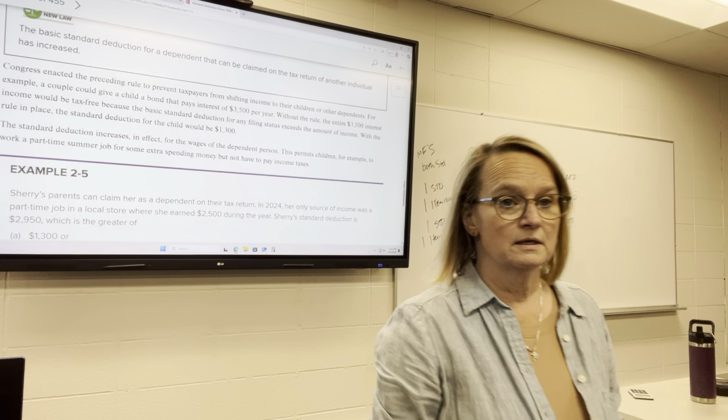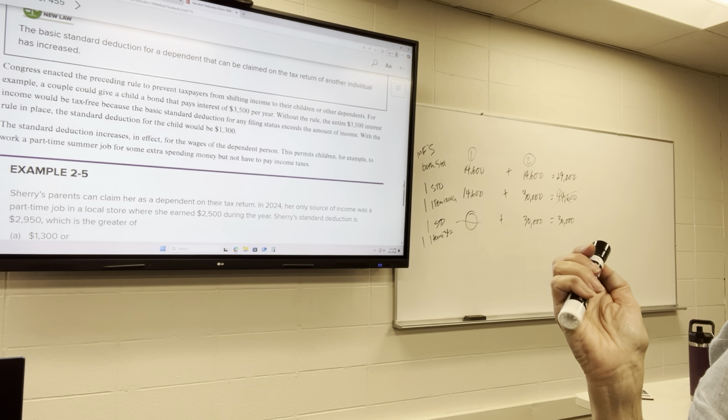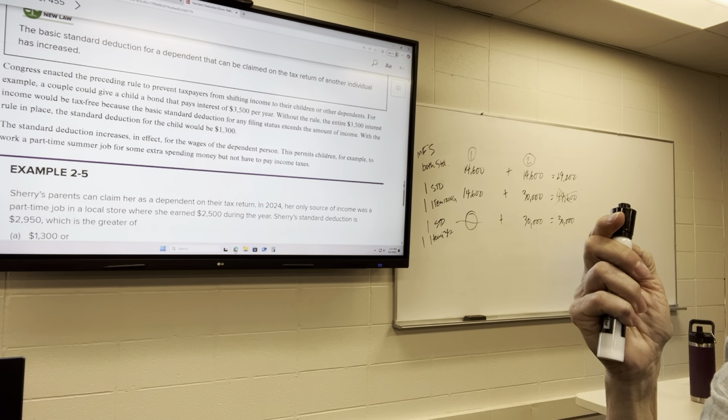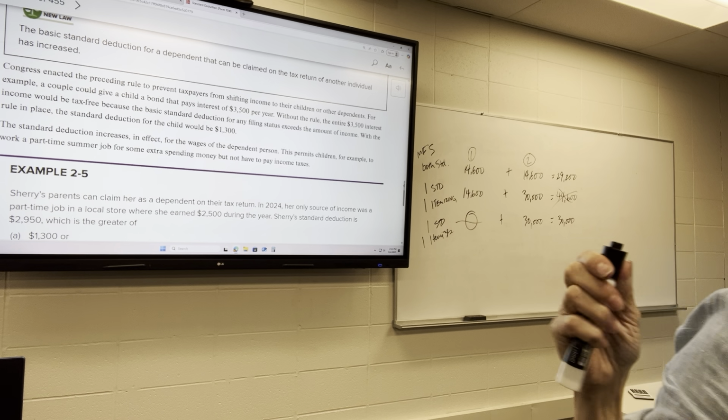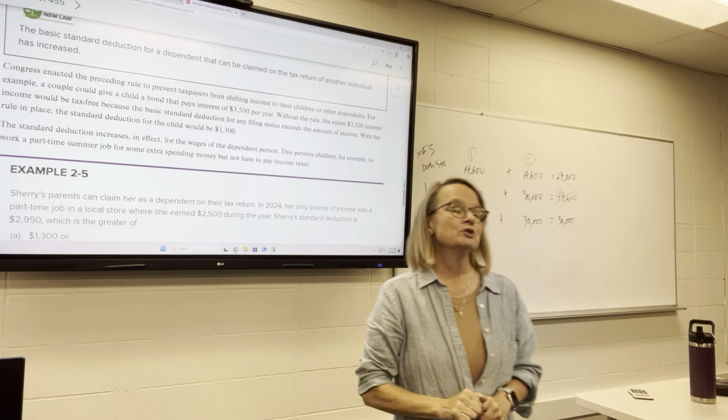I'm sorry, but can you explain it again? Explain the part where the taxpayer can be claimed as a dependent. Yeah, can you just explain that part? Sure, so